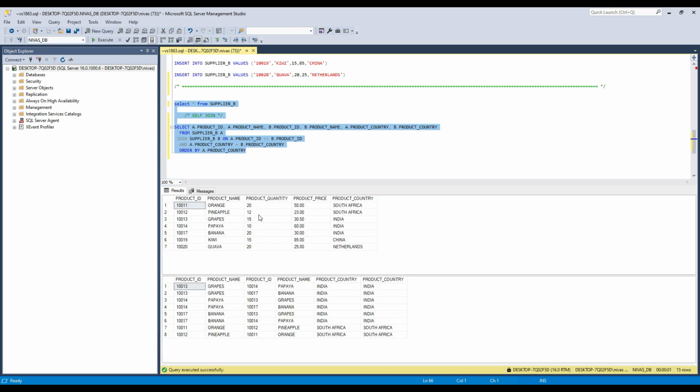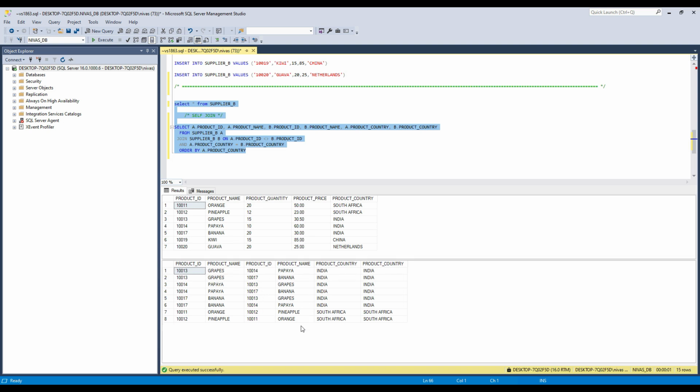So this is the output of the supplier B table, and this is the output of the duplicates. What it has done is take two rows for each and every column. That means it is duplicated in two places. Okay, so it has 2 duplicates, 2 duplicates, 2 duplicates. If you take it on a unique basis, like only this product ID, you will get a